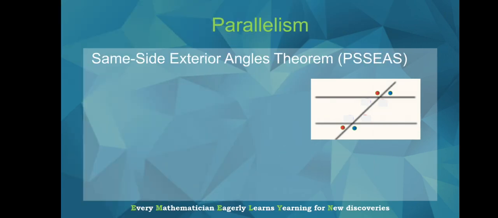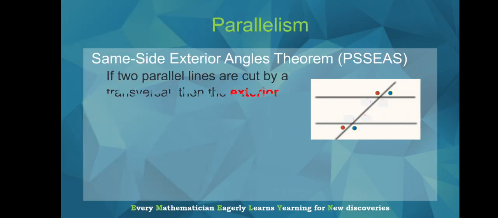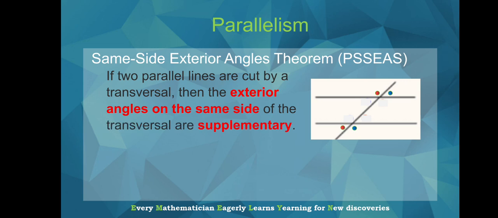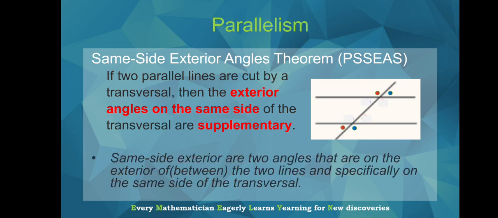Same-side exterior angles. The same-side exterior angles theorem states that if two parallel lines are cut by a transversal, then the exterior angles on the same side of the transversal are supplementary. Same-side exterior angles are two angles that are on the exterior of the two lines, and specifically on the same